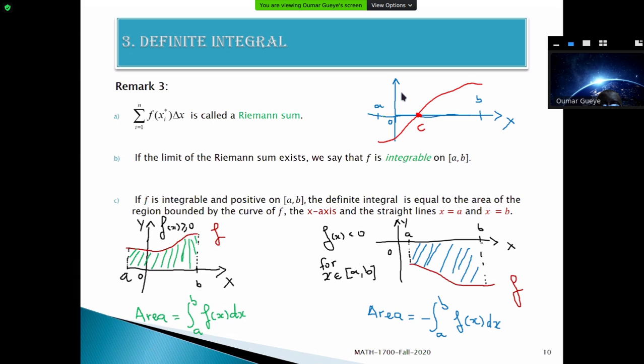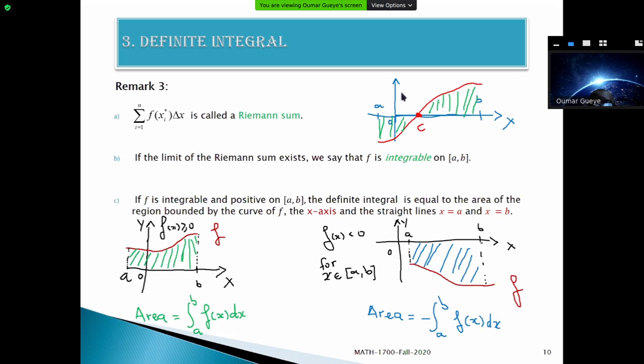If you want to calculate this area here, bounded by the x-axis and the curve when x is between A and B,